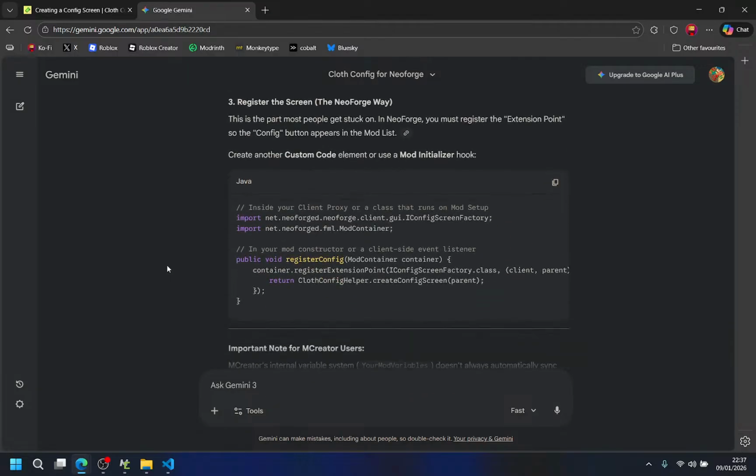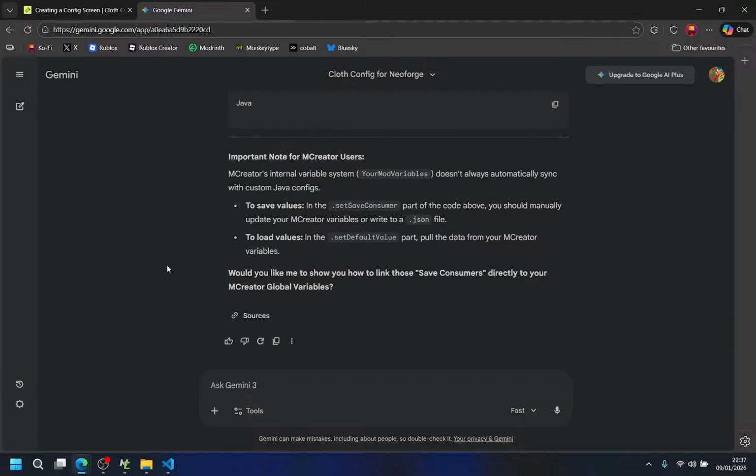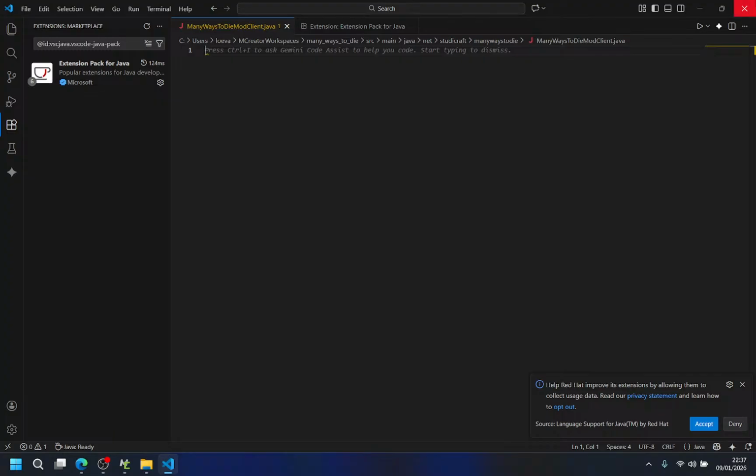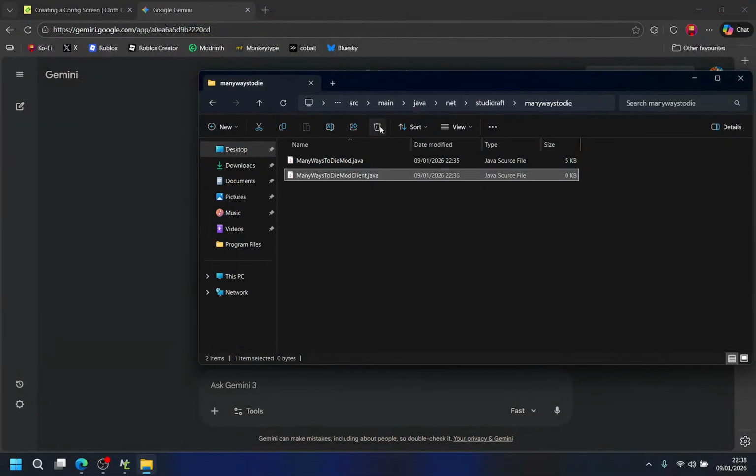Register the screen the NeoForge way. Yeah. Okay, so basically I did that for nothing.